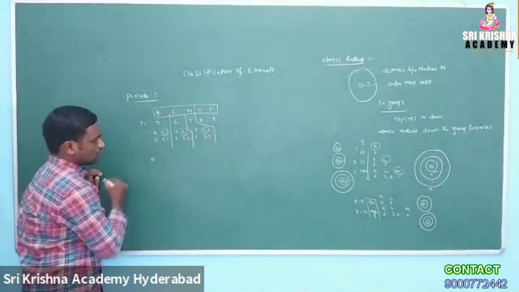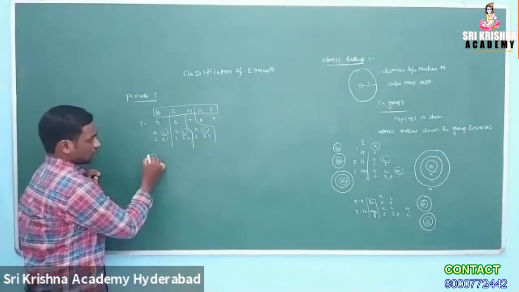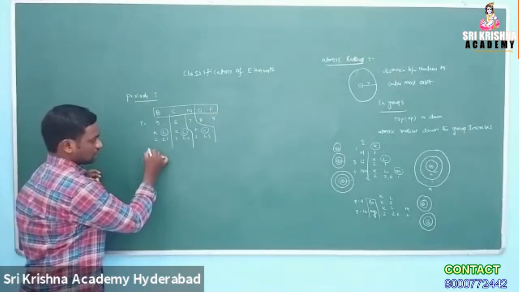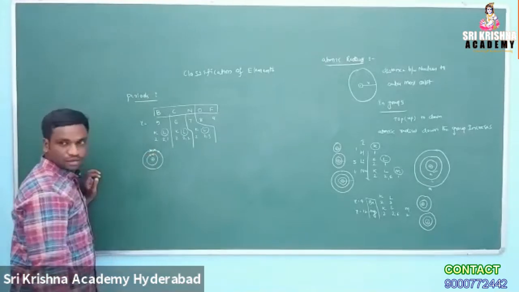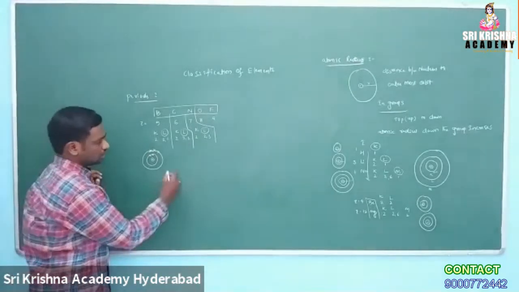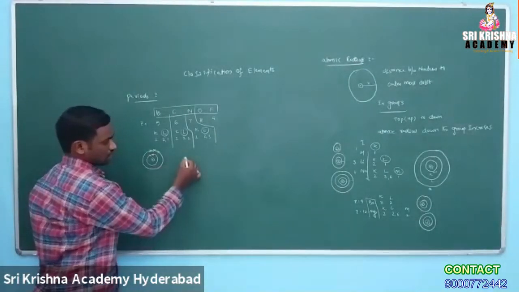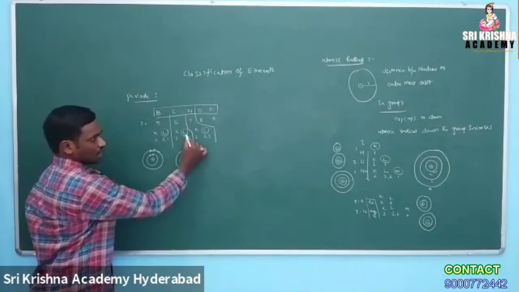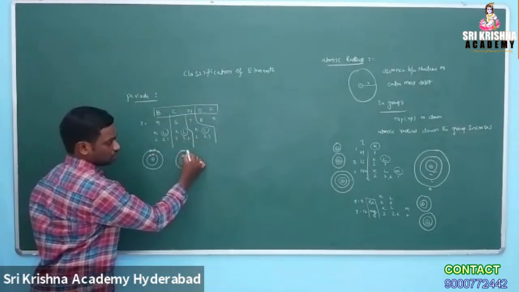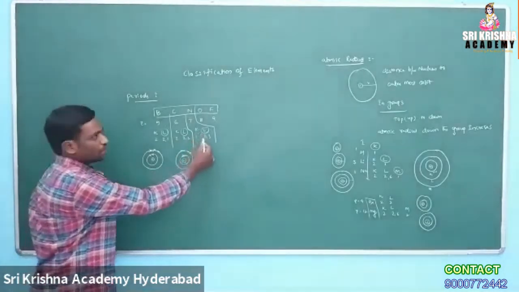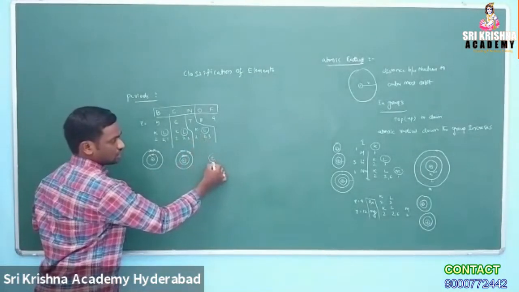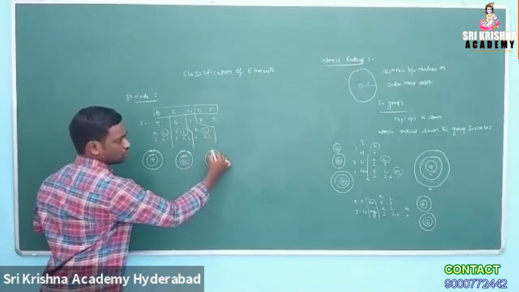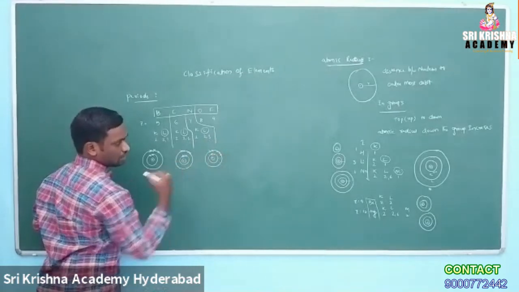2 shells means, this is the nucleus for boron. The first shell has 2 electrons, which I am writing as cross marks. And how many does the L shell have? 3 electrons are there. I am writing 1, 2, 3 electrons. This is also called a Lewis dot structure. For the carbon case, these two shells are there. Inside, the K shell has 2 electrons and the L shell has 4 electrons: 1, 2, 3, 4. Suppose we consider nitrogen. Nitrogen is the same. 2 shells are there. The K shell has 2 electrons and the L shell has 5 electrons, 1, 2, 3 I am writing here.